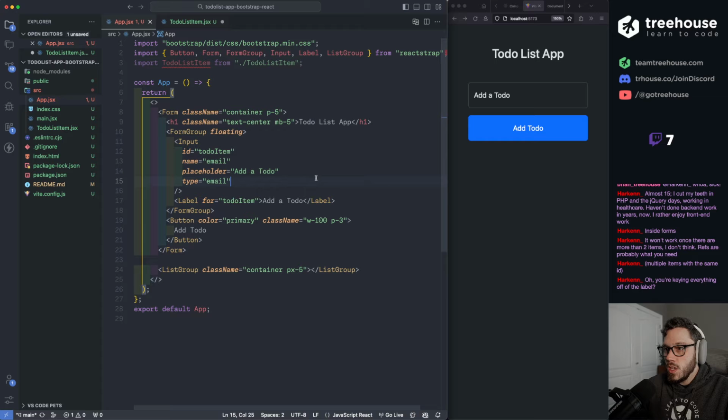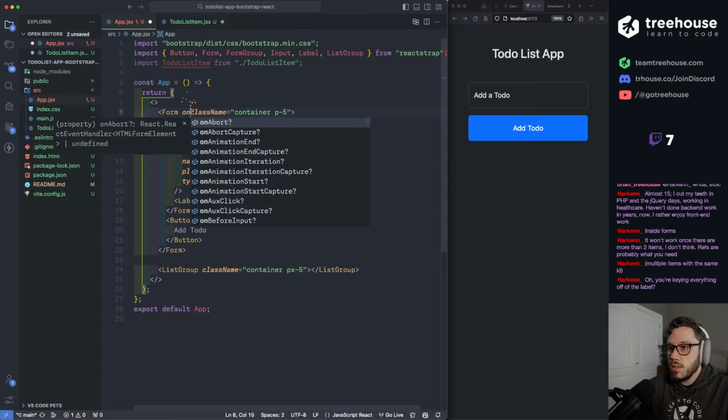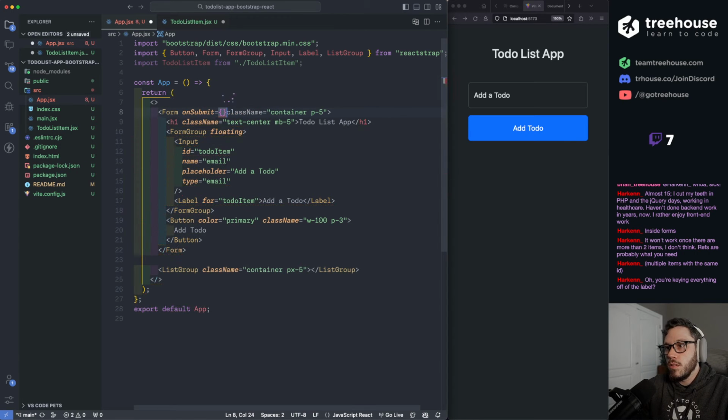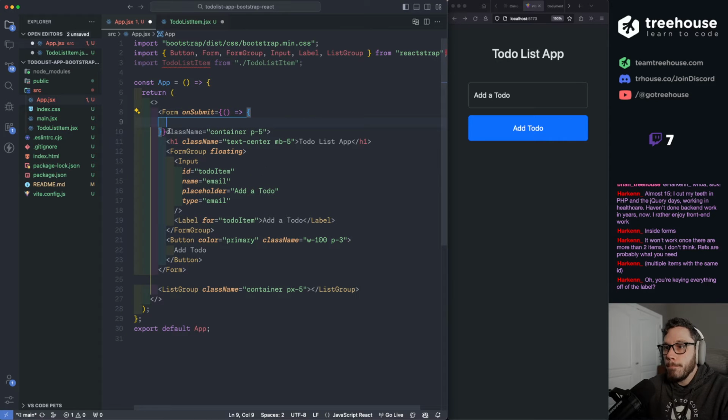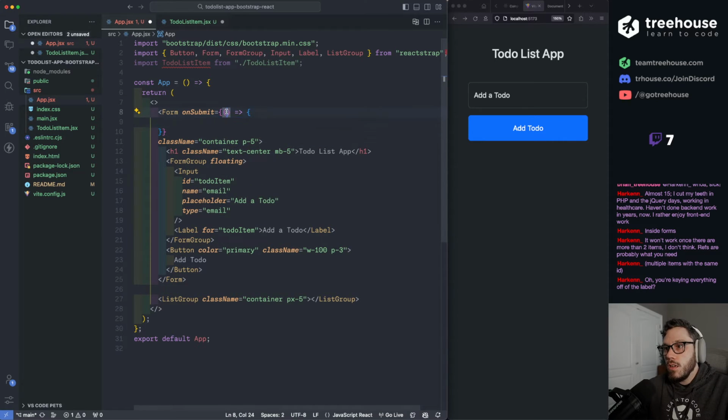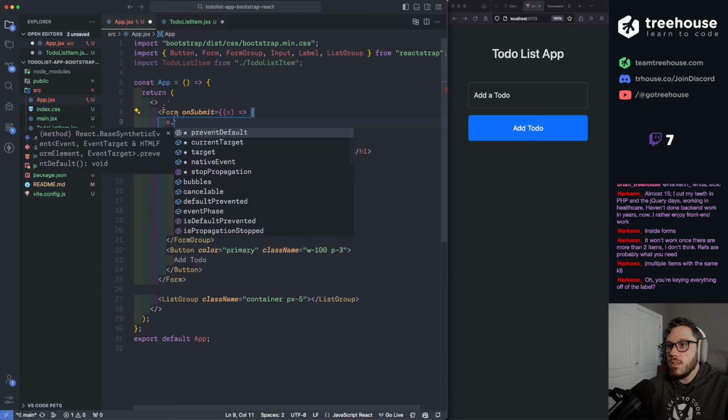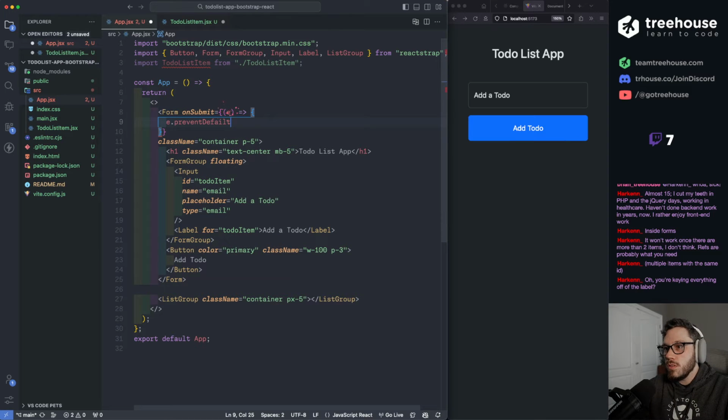All right, so form. Let's add an on submit. Pass in the event, say e.preventDefault. Does this actually work? Yeah, it does.